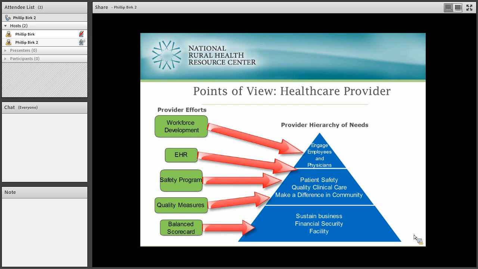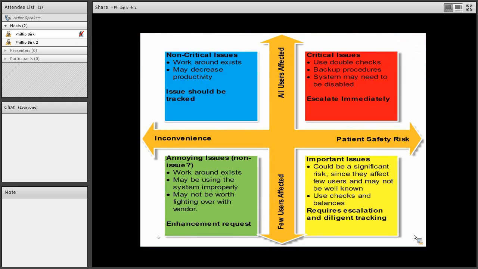Keeping them engaged is there, and a lot of places will have a workforce development program. Think about those competing needs. Both the vendor and the healthcare provider want to sustain their business, and where the EHR gets in the way of patient safety, quality, making a difference in the community, that can be areas where the vendor and you get kind of crossways